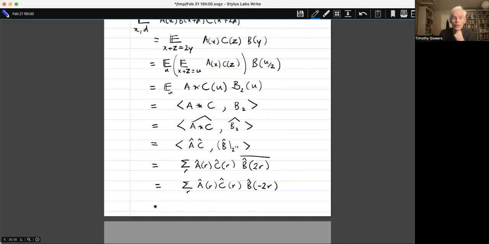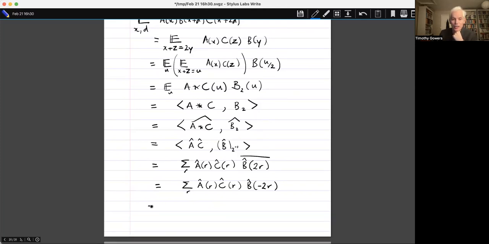And I'm going to do one last thing, which is perhaps a slightly less obvious step, but I'm doing it with the proof that I'm about to do in mind. So I'm going to split this up into 2 terms. One is the term where r equals 0, and the other is the term where r doesn't equal 0. So when r equals 0, we get a hat 0, c hat 0, b hat of 0. And if you remember, a hat of 0 is just the density of a, and similarly with b hat of 0, c hat of 0. So we get alpha, beta, gamma here,